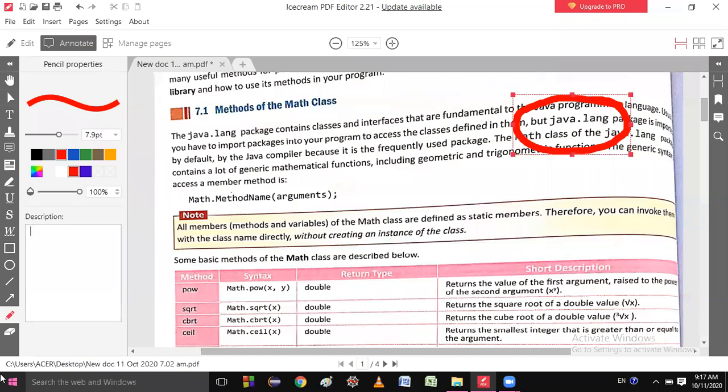So what does it mean? That means the classes which are available in the java.lang package will also be available at all times. You know the packages contain the classes, you know already, right? Yes. So the classes which are in that package, you also get by default.